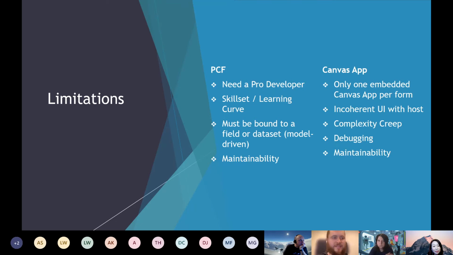But yeah, there are some limitations. With the Canvas app in particular, obviously there's one per form, and then yes, this incoherent UI with the host. So I'm not sharing my screen anymore, but I had that Power App preloaded because this was a demo and I didn't want to be caught with my pants down. It can take a while to load, particularly when it's a complicated big app. If on start of that app it has to do a lot of things, you can watch in the network on your browser as it loads the page, and then it loads the app, and then it goes off and gets all the data, and that can be really slow.